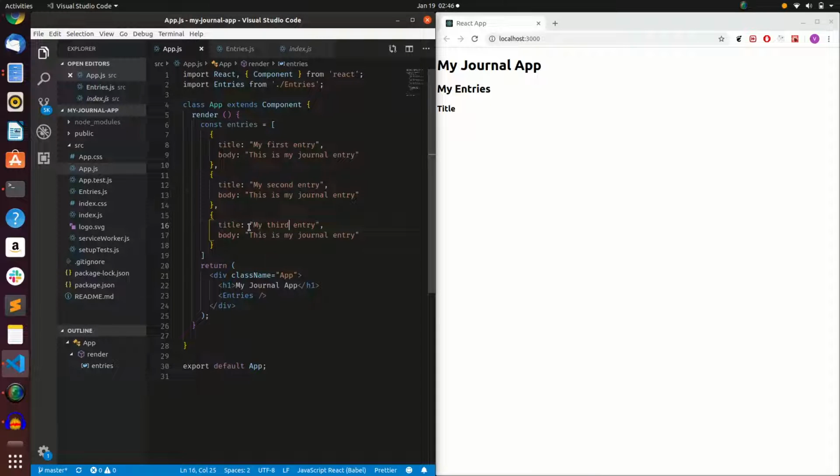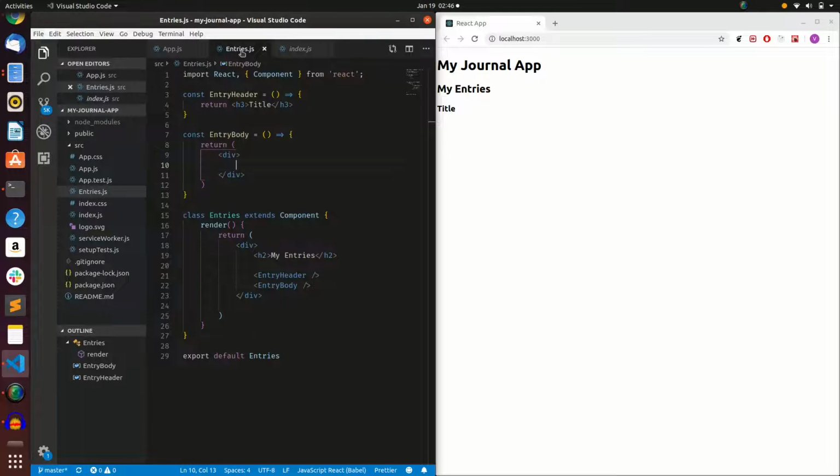And now what we're going to do is pass this hard-coded data we've just created through to our child component. Our child component here is our entries component, and we're going to use props to pass that data through. You can think of it as passing data through using attributes. We can call the prop whatever we want, as long as it's not a reserved keyword in React. So in this case, we can call our prop entry data, and we're going to pass that into our child